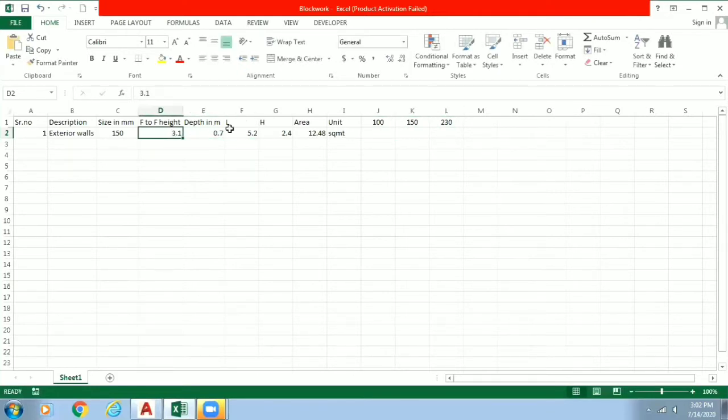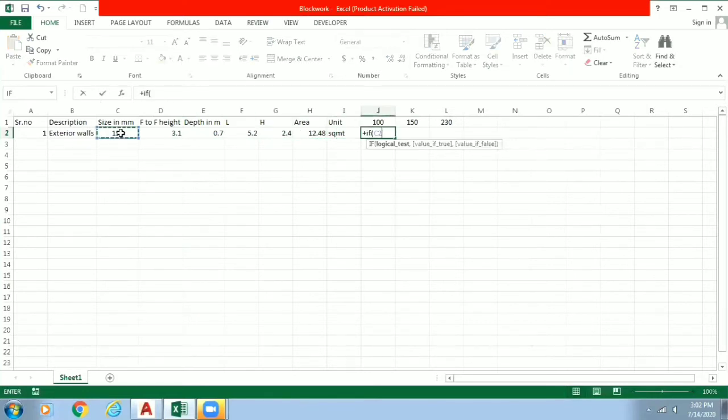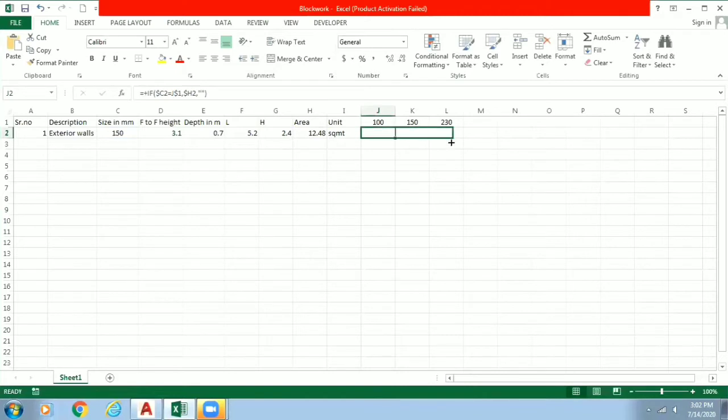Now I can see that our formula has been removed from here because I have inserted two columns here. So I will again feed that formula for you all. If my this size will be equal to this size, then what I have to do is I have to print this area or else I will keep it as blank. So I will use the dollars over here. The column should not be shifted here, row should not be shifted here, again column should not be shifted. Hit enter. So you can see our area has been directly fitted in 150 mm. Now if my block size would have something different, 230, it will directly catch that value there.